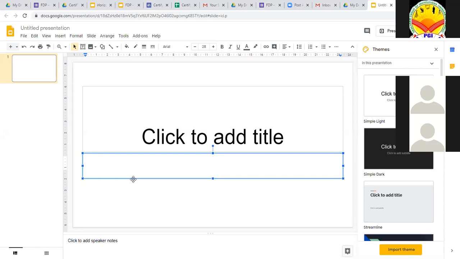Same procedure again: we send the certificates to the participants. Once the participant has filled the feedback form, after submission, the certificate is automatically sent to the respective mail IDs. This is the second way of generating an e-certificate. Both are called e-certificates because we are receiving the certificate through mail ID, not by hand.